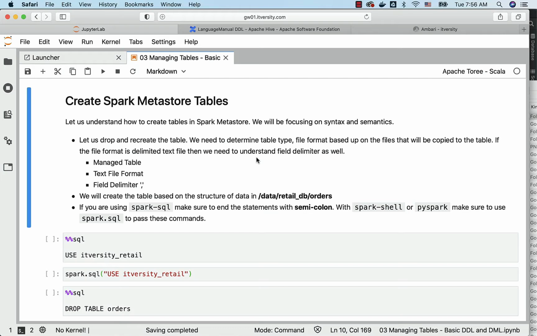Now, Spark Metastore can be used as a landing zone within the data lake. So in the data lake or big data cluster, we'll have a landing zone. We'll be getting files from the source into that landing zone, and for the tables that are created to support the landing zone, we have to focus on the file formats used by the source system to send the files. So in this case, we have such folders under this location.